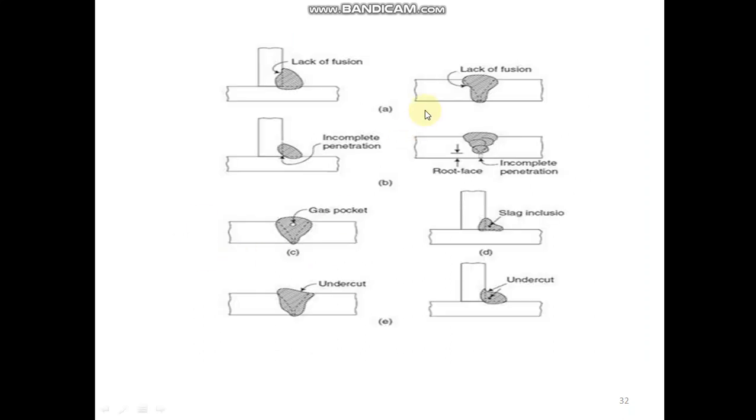So here in this figure you can see different defects. One is undercut. Here also you can see the undercut. The slag inclusion you can look into here. Then the gas pocket, you can see small air pockets here. Then incomplete penetration, so this welding has not gone fully into